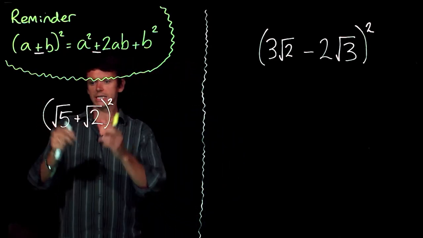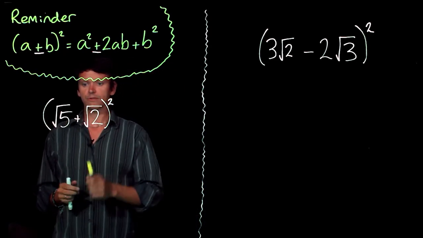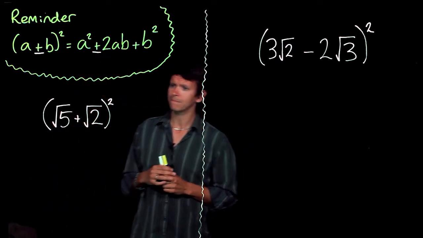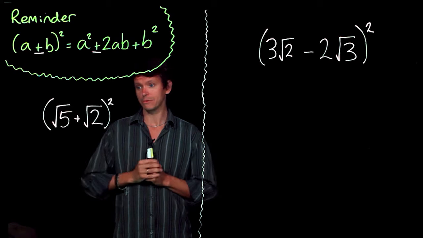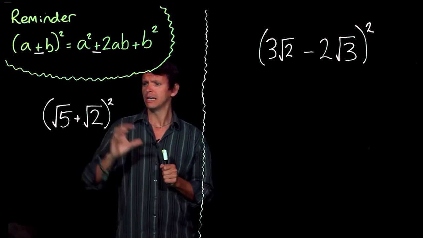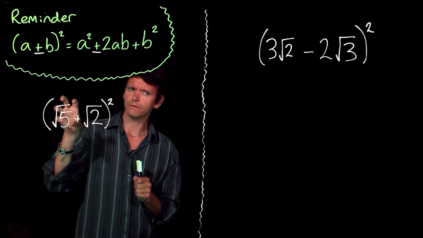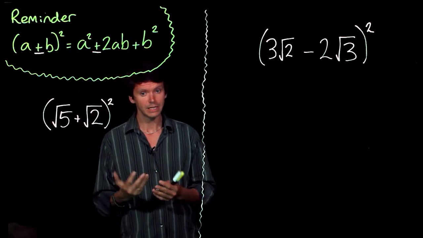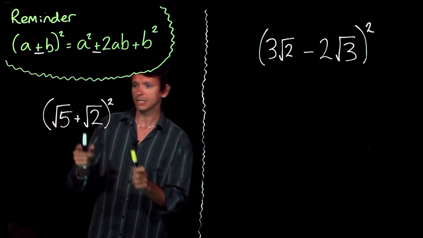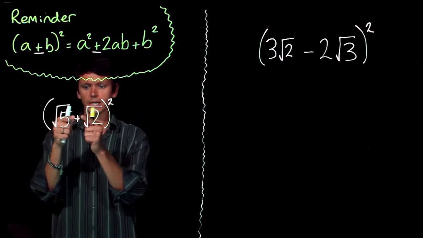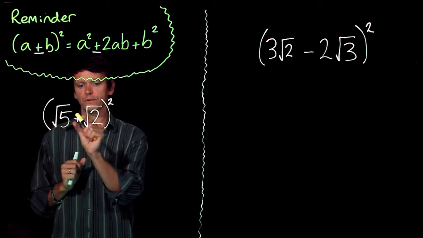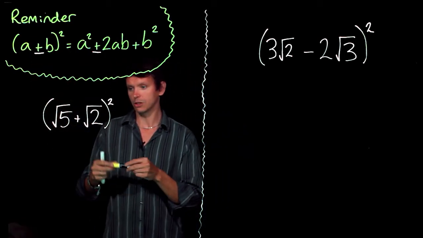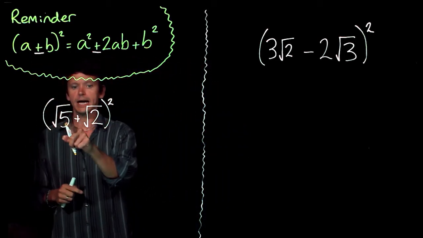Okay, so if we look at this example, we've got the sum of two surds, root 5 plus root 2, all squared. A classic mistake, and what might be tempting for many people to do, is to think, okay, well root 5 squared is 5, plus root 2 squared is 2, so the answer is 7. That's not what we have here, because before we do that squared, we're looking at the sum of these two surds. So it's root 5 plus root 2, all squared. And we're going to use this formula to do it. So if this is a and this is b,